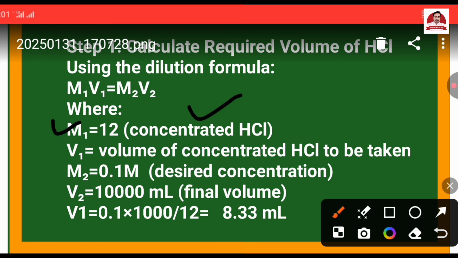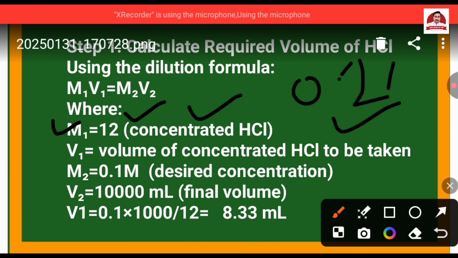At that time its molarity is 12. V1 is the volume of concentrated hydrochloric acid which we have to take for the preparation of 0.1 molar, and M2 is the desired molarity which we have to prepare,